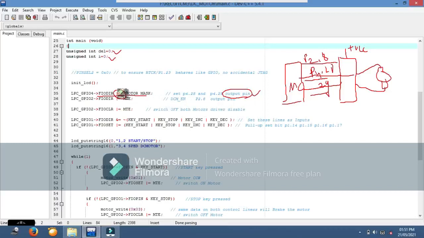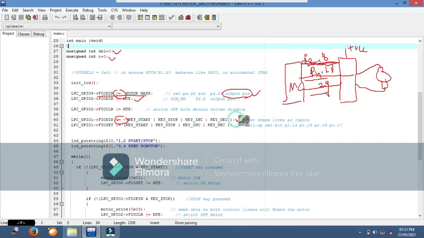If you take it and invert it like this, it will define them as input pins, so remember this. Then we define the driver enable pin P2.8, which is also an output port. The signal goes from the microcontroller to the driver, from P2.8 to P4.28 and P4.29.